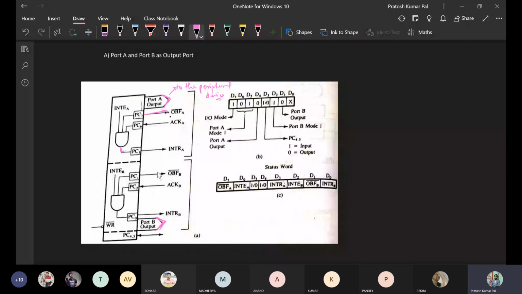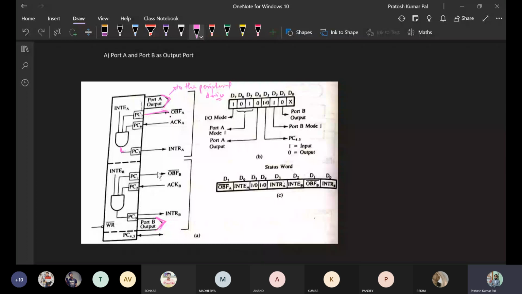So this is basically output active. When this is activated, that means this output is going to be low, and then the microprocessor writes to the latch of 8255.